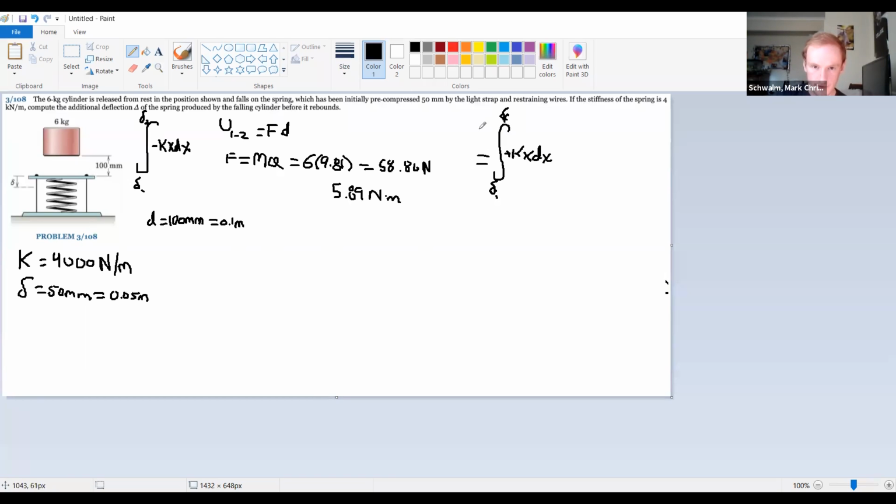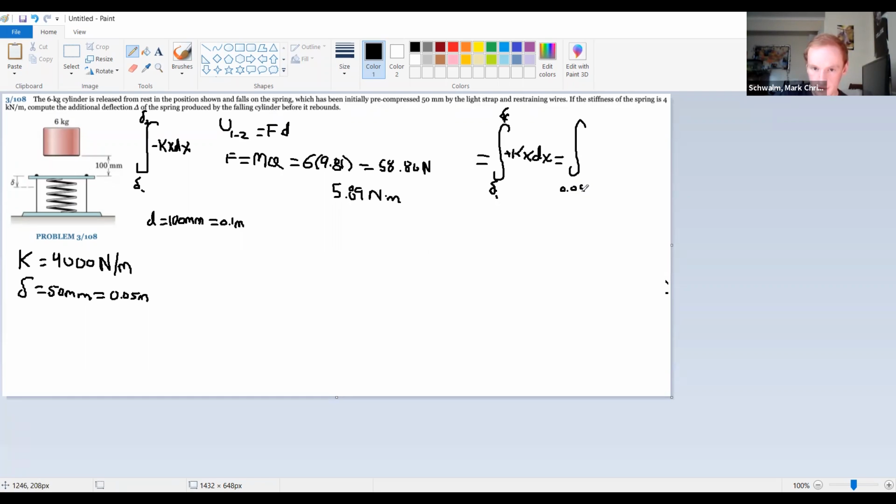So we're going to just start throwing in some variables into here. All right. So it starts at, this is the tricky part, because initially I was like, oh, it's pre-compressed. It still has the same spring constant, all that kind of stuff. But I chose to keep that in the equation for now, just to see if it mattered later. And it totally does, because when you take the integral, you'll see. Anyways, so we got